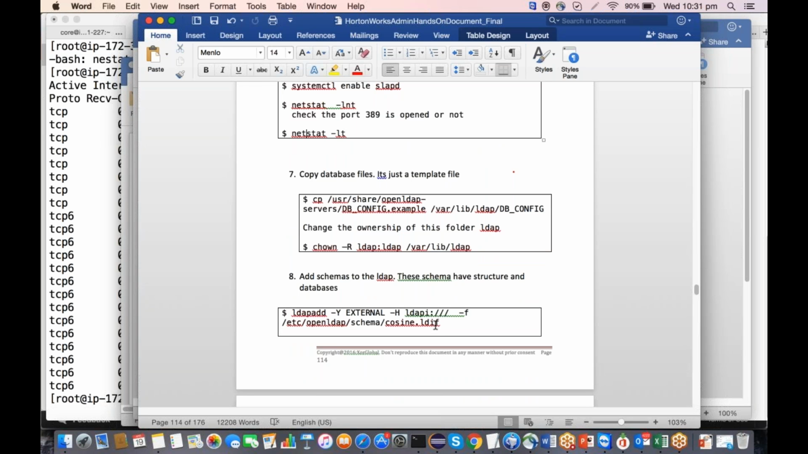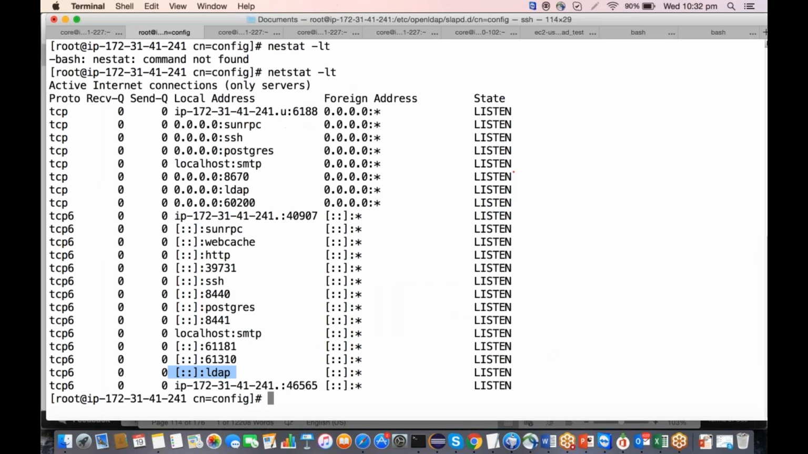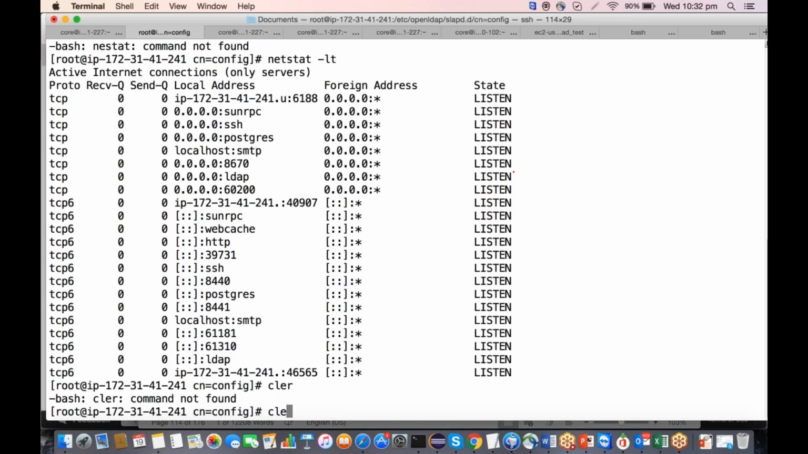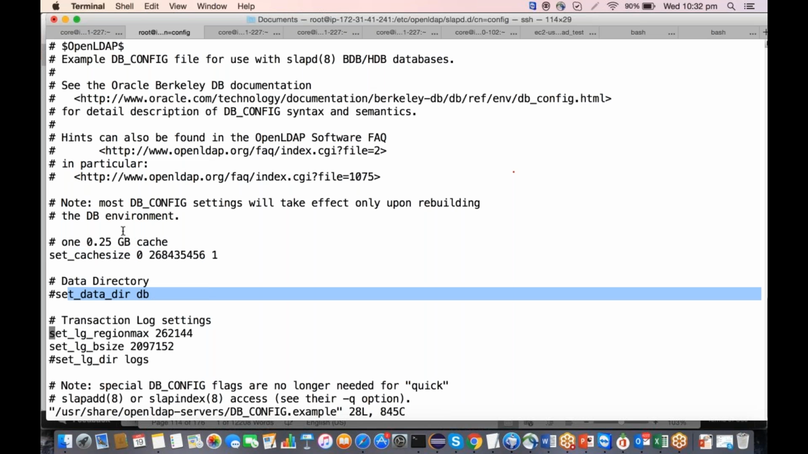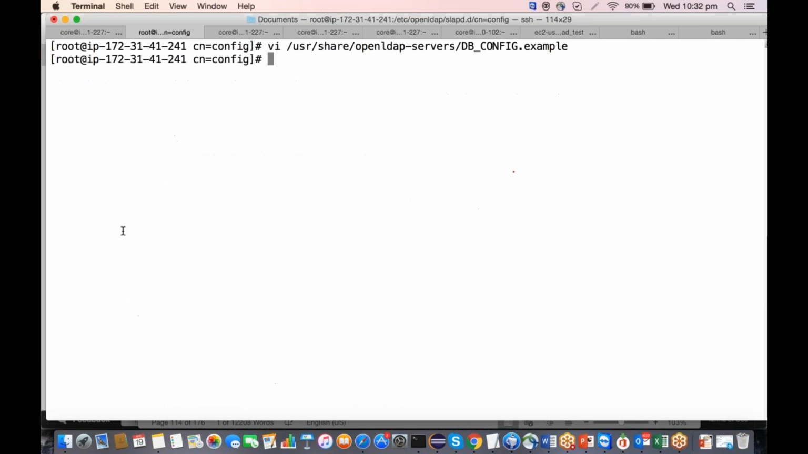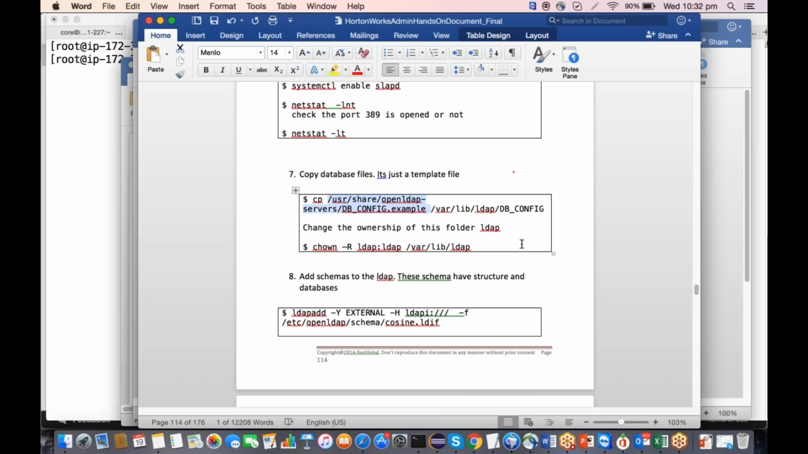Okay, now we are going to copy the database files to a particular folder. So right now it's a template file. If you just wanted to see how it looks, we'll just see that. Here, it's a dbconfig file. It sets the data directory, checks the log size, log directory, and everything. It sets the cache size, the data directory, and all. So first what we're going to do here is copy onto